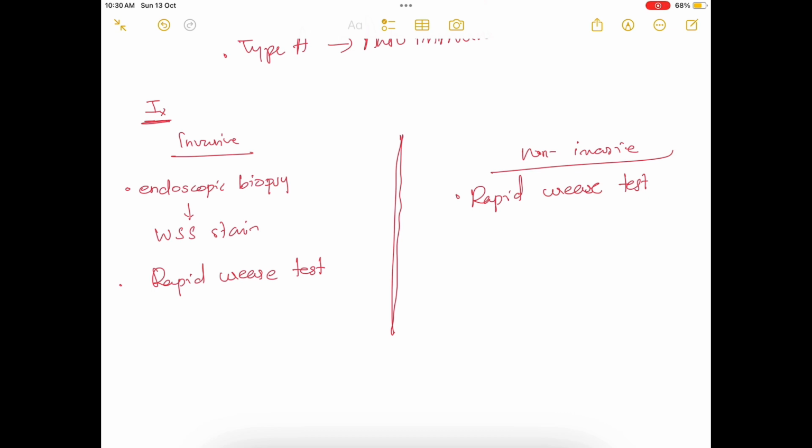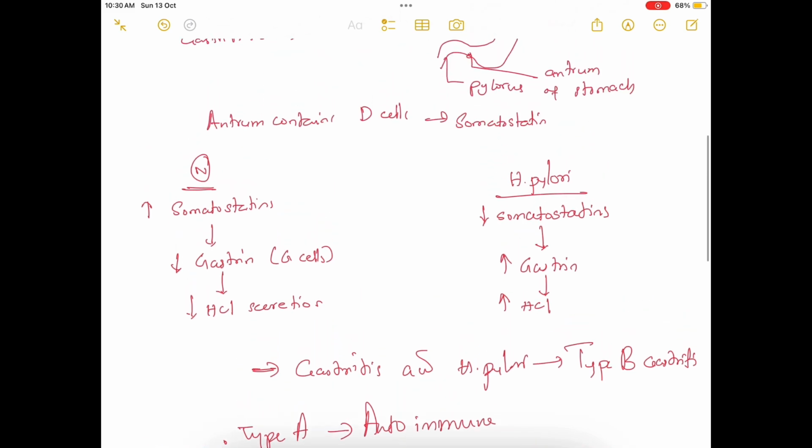We are coating some carbon particles on a substance, and we tell the patient to swallow it, and the patient will exhale after, and we measure the carbon dioxide levels in that exhaled air, because we know that urease enzyme is present inside the H. pylori. So whenever this carbon-containing substance is swallowed by the patient, the urease enzyme present in the stomach will convert all the carbon particles into CO2. So we measure the CO2 levels, and if the CO2 levels measured are increased,